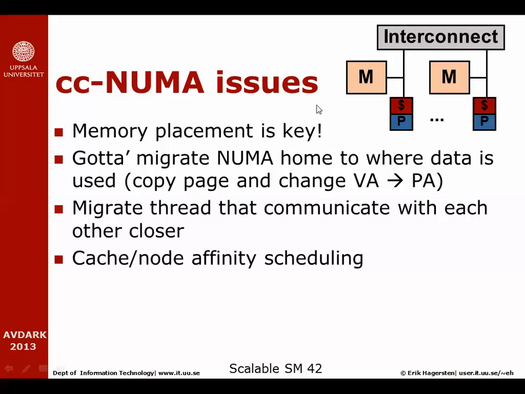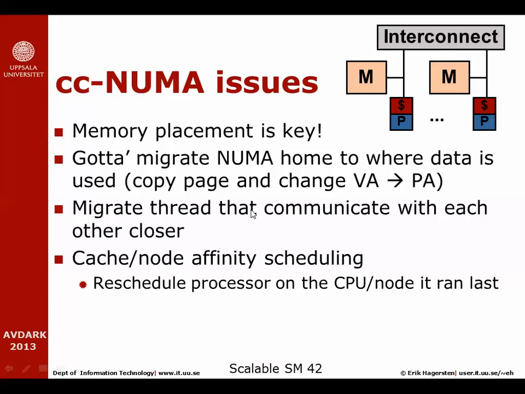Another thing which is important to consider when it comes to NUMA is affinity. That means affinity both at the cache level and more specifically at the node level. So if you've had a process that used to run in the node to the left, and then there was a process switch, it went to sleep for a while, and now we're going to start to run the process again. Well, we have to try very hard to run it, first of all, on the same processor because its cache may still contain very useful data. And if that doesn't work, at least try to run it in the same node as where it ran before,